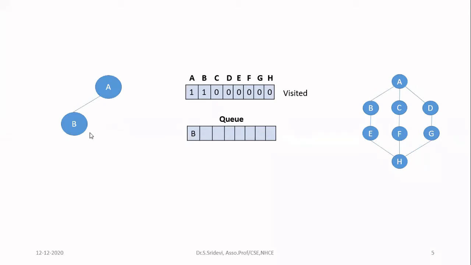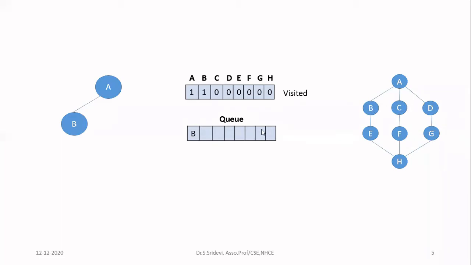After that, draw B in the output graph. So where I have to give the connection, you have to see from which node you are reaching this B. I am reaching B from A. Therefore, I have to give a connection between A and B now. So now from A, I can reach 3 neighbors, but I have explored only 1 neighbor.